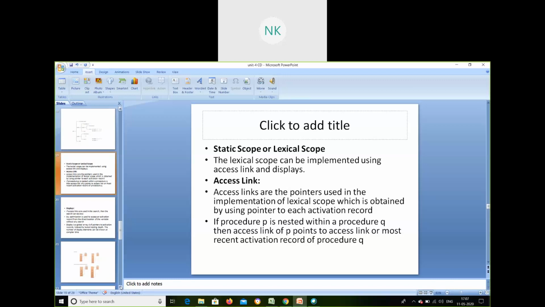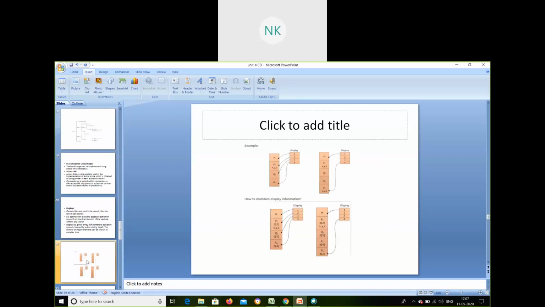Then the next one is display. For display, you will have a pointer separately, wherein only the numbers will be seen in the display. For example, this is mainly used for speeding up your access.